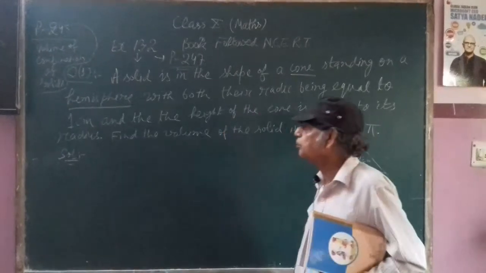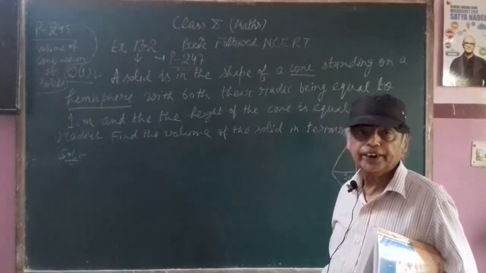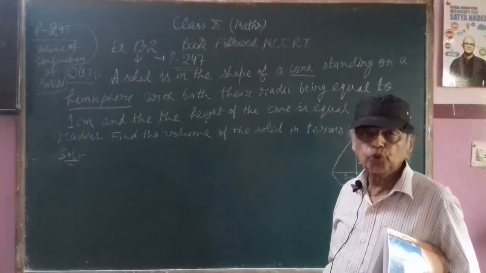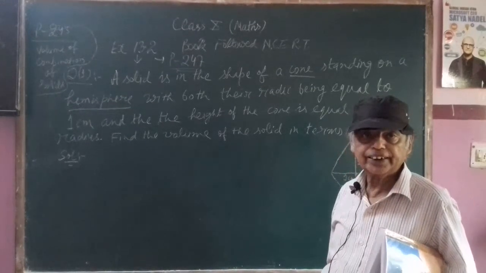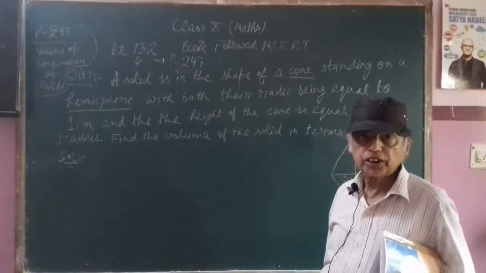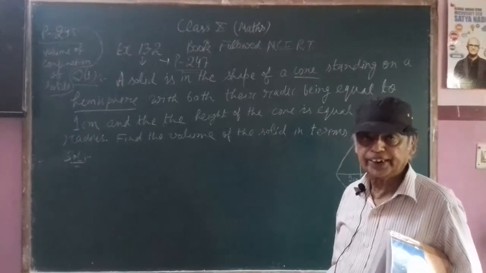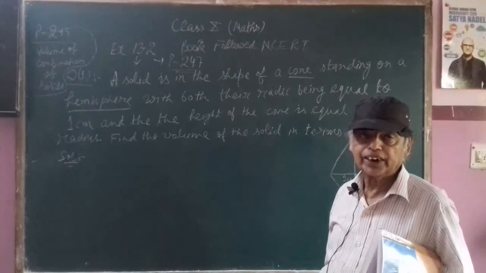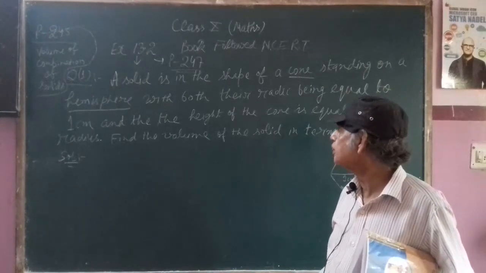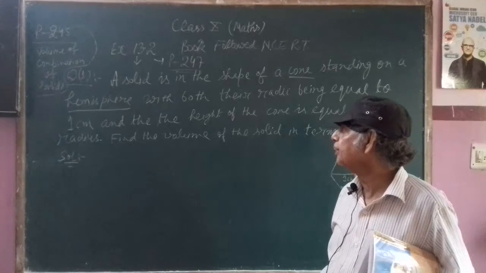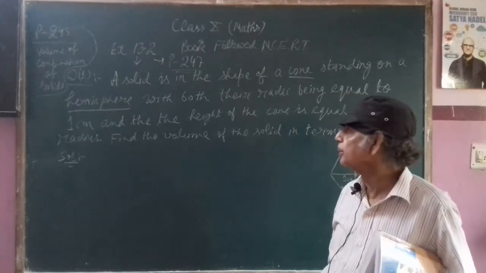You know there are some regular figures like cuboids, cubes, cylinders, spheres, hemispheres, and cones, whose formulae are there and we can find out their volume. But you must learn the formulae and how they can be applied. If you learn them, then you can do these sums very easily.